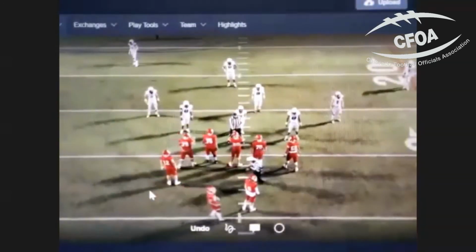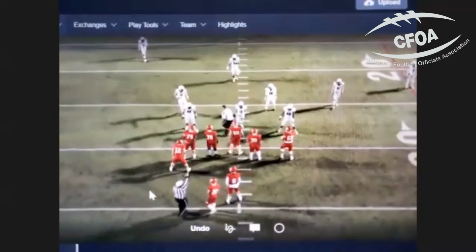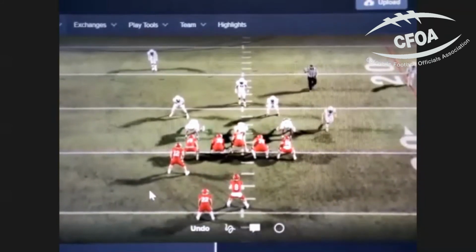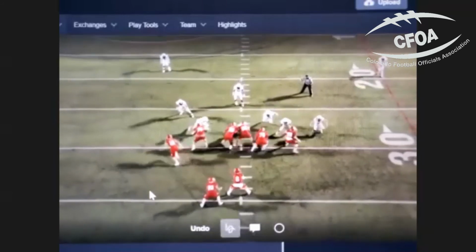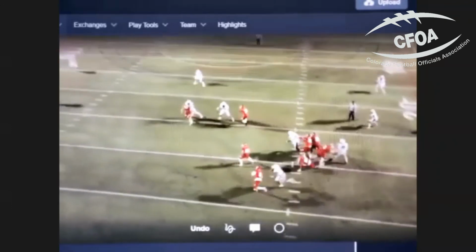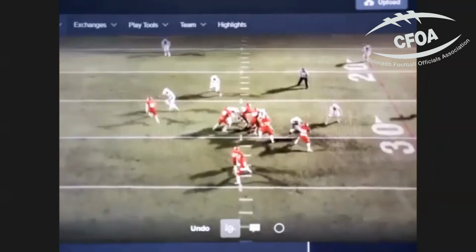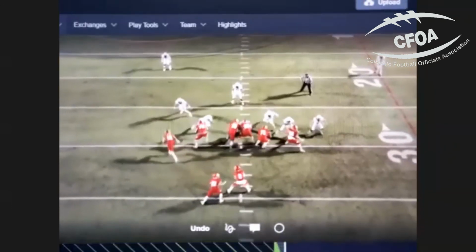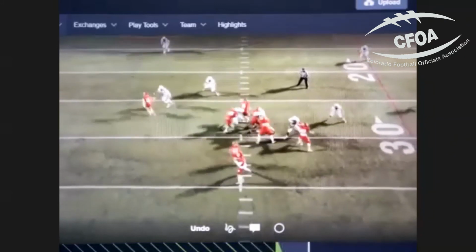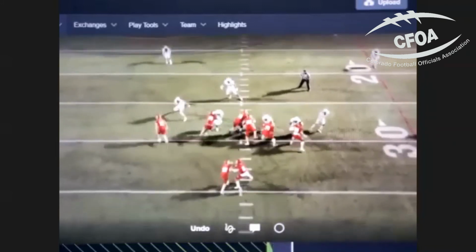But watching this view here, this actually is the wrong read by the quarterback. His read is the linebacker, right in front of you, right here. He has eyes right on this linebacker. Linebacker goes. He should have handed that off right there. So he's reading that first step? Yeah, although the first step comes towards the back.